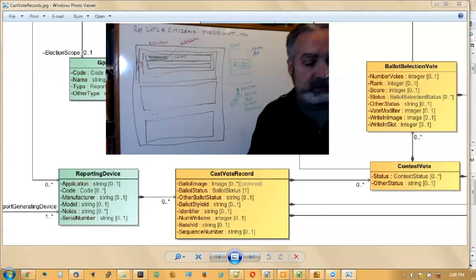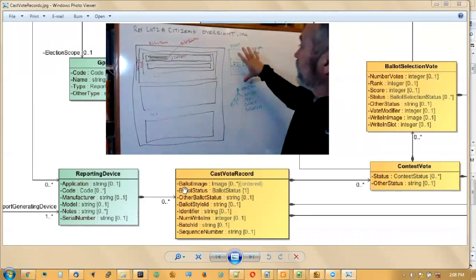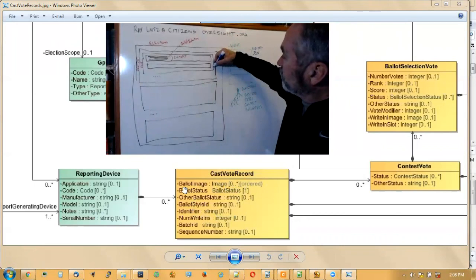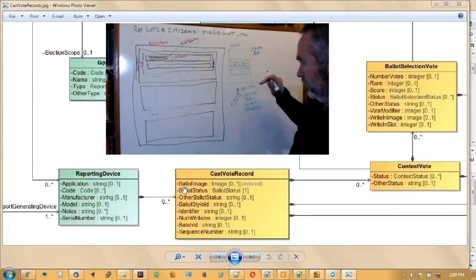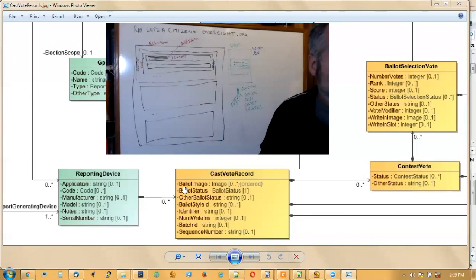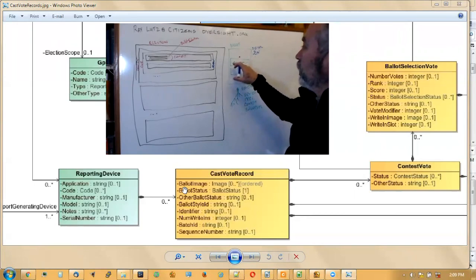Well, that is in their model. It's right here under ballot image. It's inside the cast vote record. So cast vote record is kind of like the ballot level, right here. This is where you have a scan, right? Starting at that level is one digital scan. So step one, we don't know what's on the ballot yet. We don't know where these